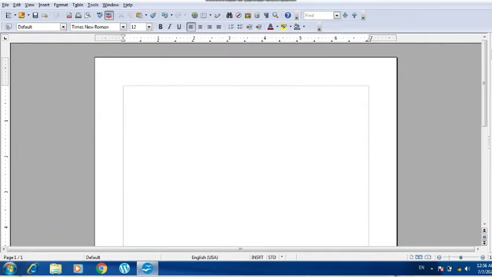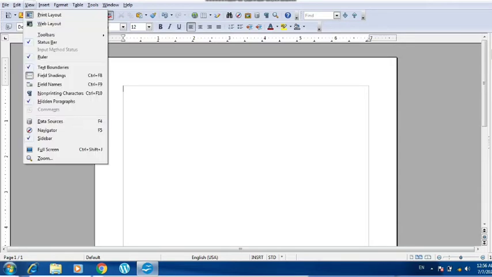From here you can change the look of your OpenOffice Writer. If you want, you can change it so that the status bar is not shown, or you can hide the formatting toolbar. Or suppose you have opened OpenOffice Writer on some computer and you are not able to find the formatting toolbar. You have to go directly to the view menu, and here you can see the different kinds of bars which are available. You can just hide and unhide them from here only.